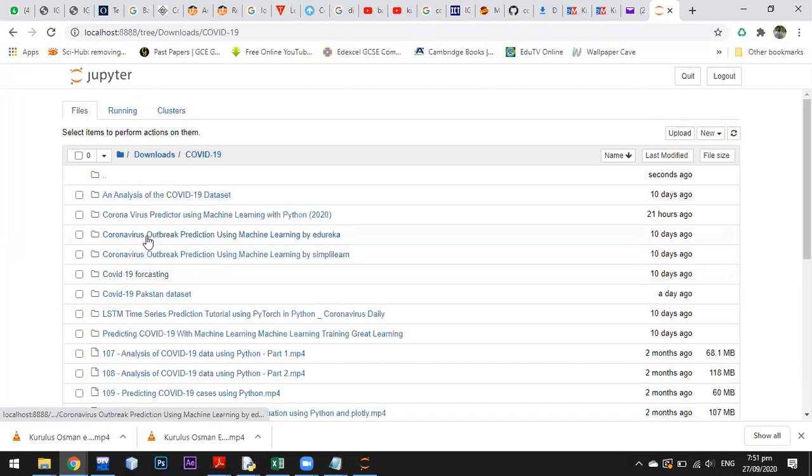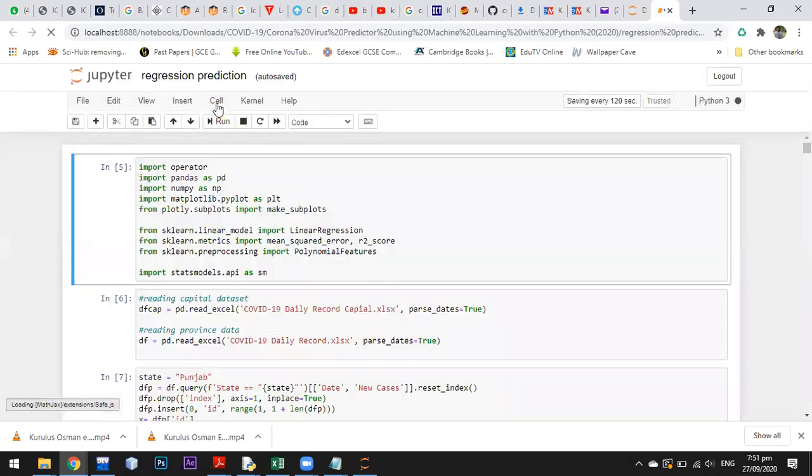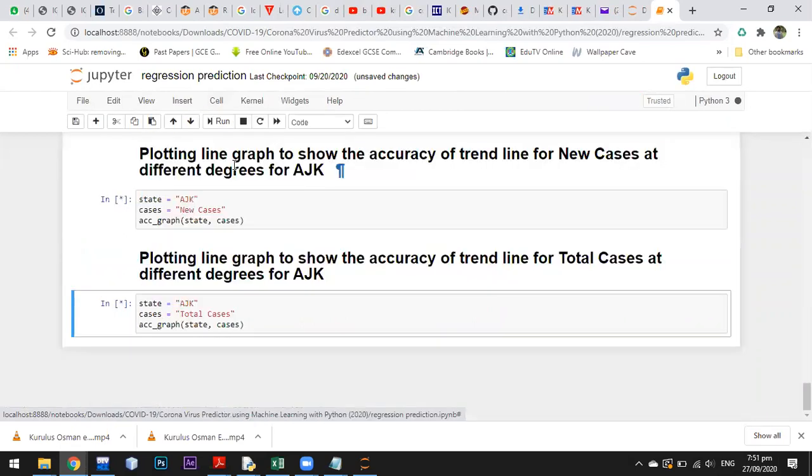COVID. This is the basic thing. Regression prediction. Let me run all these cells.